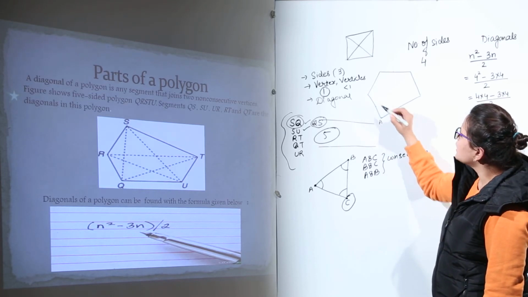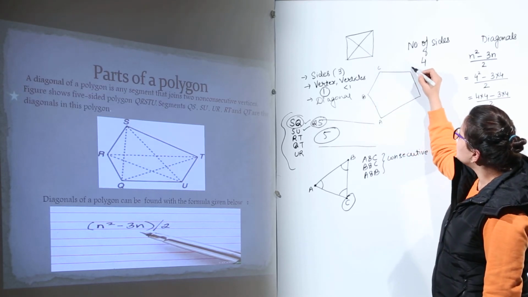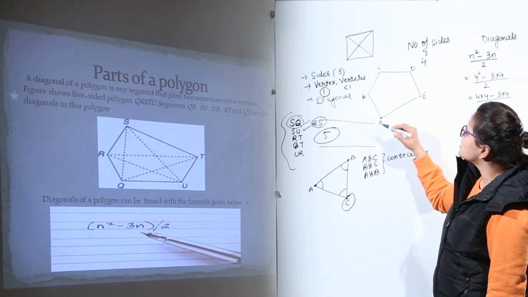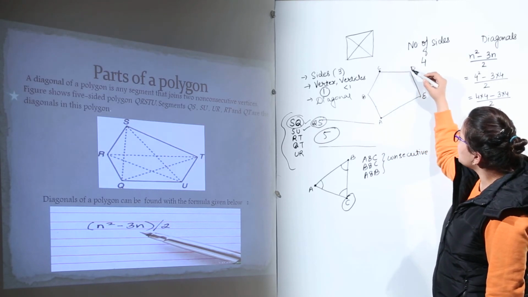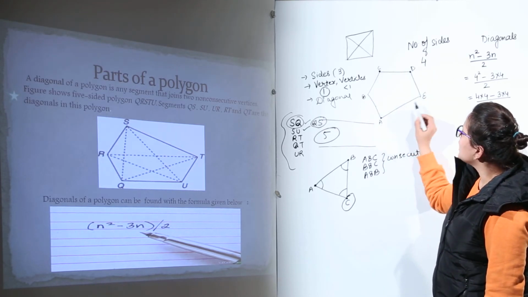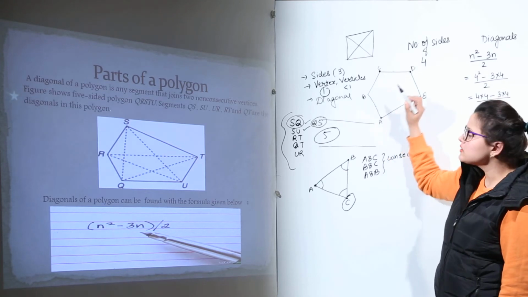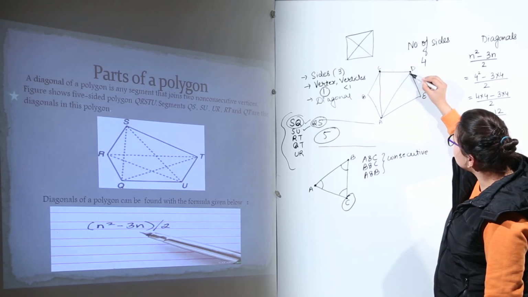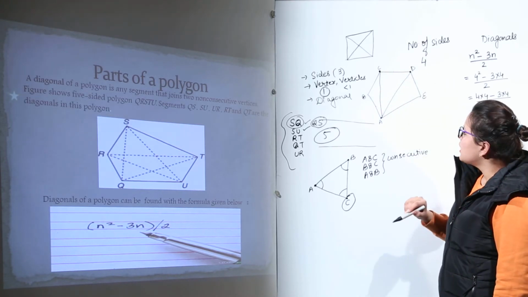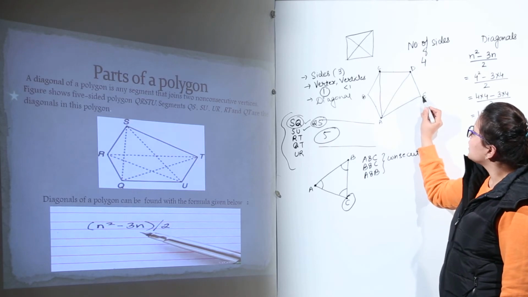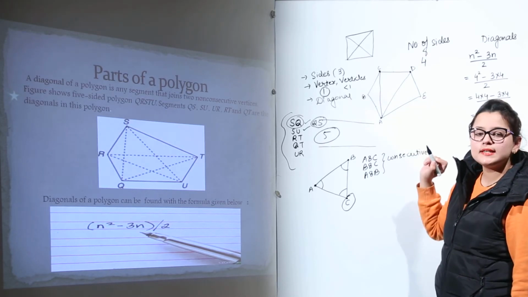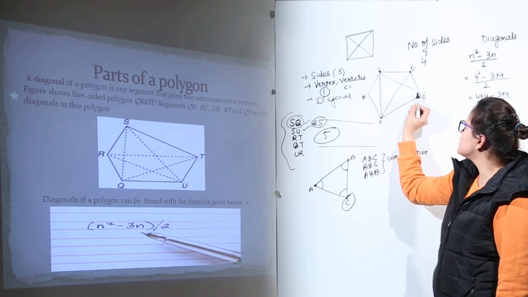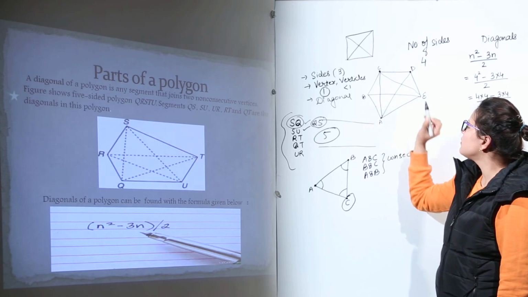Okay, let us start naming it. A, B, C, D and E. Now, what are the non-consecutive vertices for this? It is C and D only, because for A, B and E are consecutive ones. So, we will join AC and we will join AD. Done? Now, the next is for E. Now, from E, what are the two non-consecutive vertices possible? From E, the two non-consecutive vertices possible are C and B.